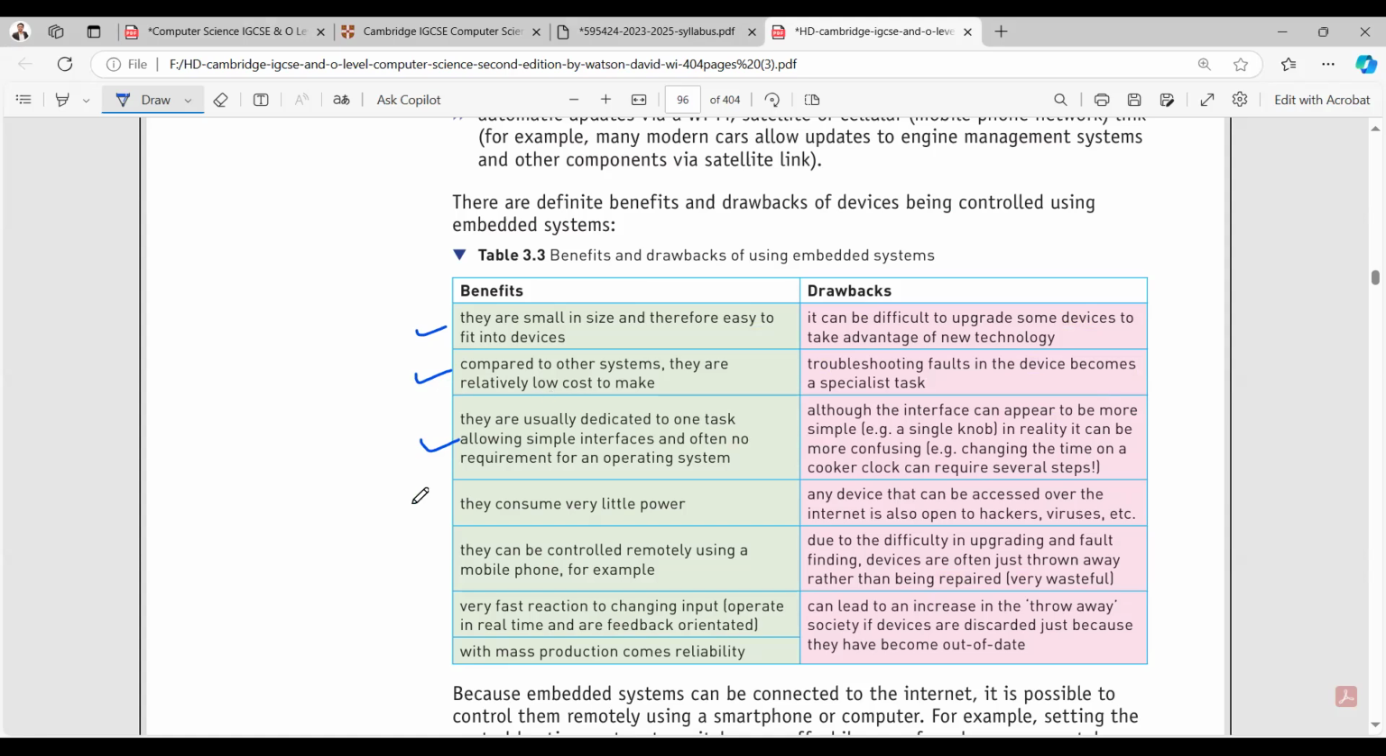So embedded systems only have one dedicated task for which they are created. They consume very little power, they can be controlled, like for example a mobile phone. They have a very fast reaction, and with mass production comes reliability. Mass production means कि जब एक ही प्रोडक्ट को वो बहुत ज्यादा डेवलप करेंगे एक लार्जर स्केल पे तो आपके पास रिलायबिलिटी भी आ जाती है।